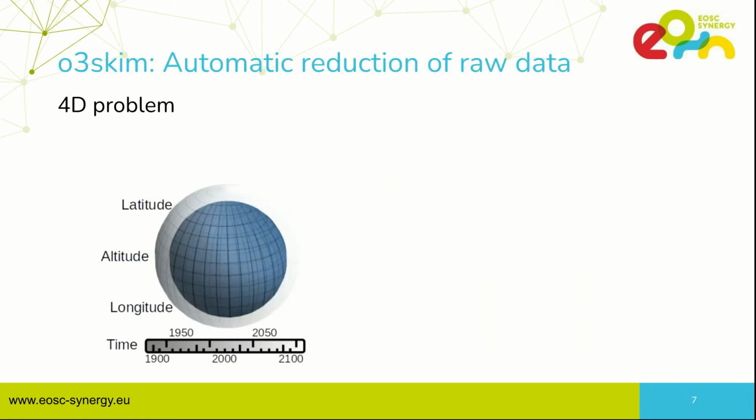Original raw data comes in the form of netCDF files, where the information relevant to ozone depends on four parameters: latitude, altitude, longitude, and time. This produces a huge amount of individual values and terabytes of data, which is not possible to handle by simple machines such as normal web servers.